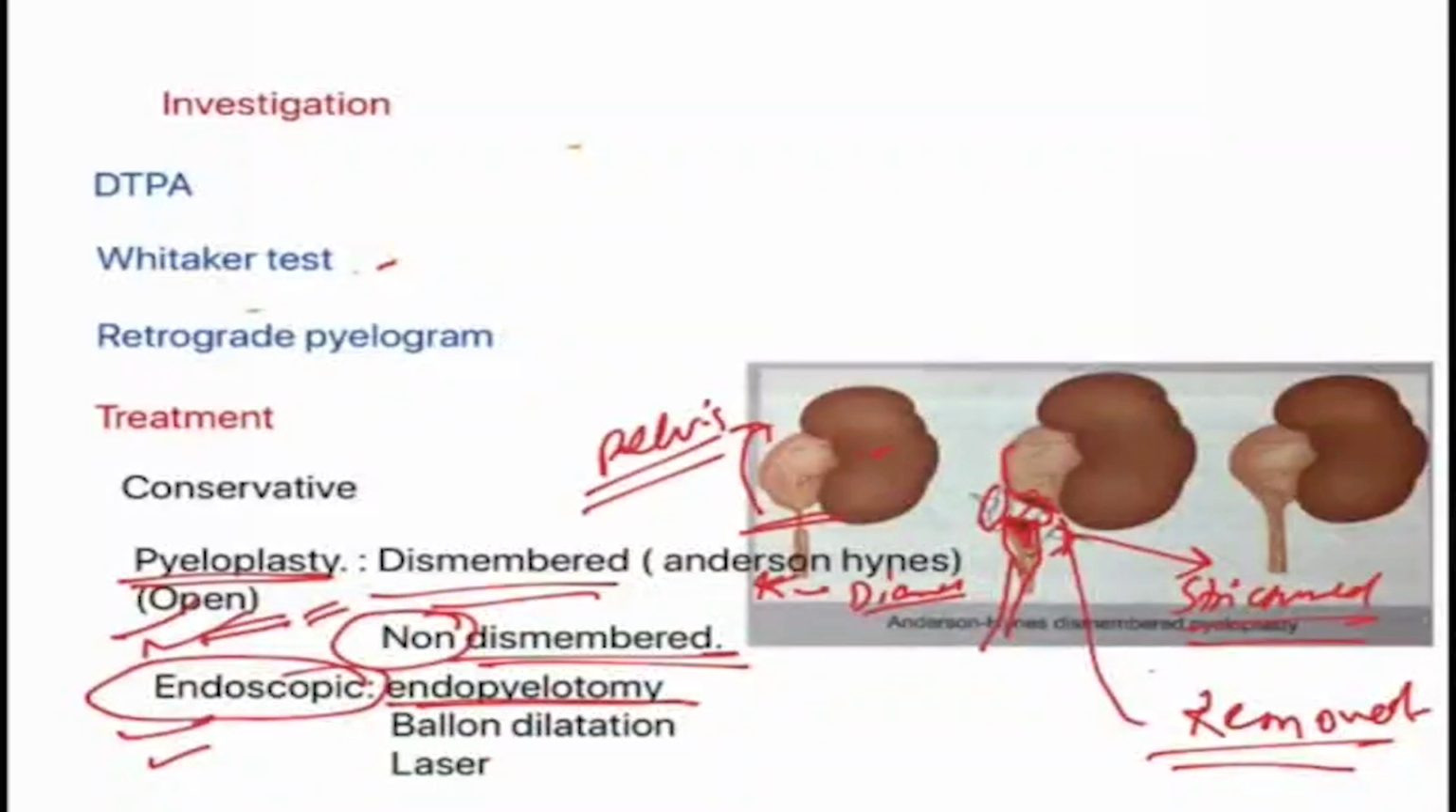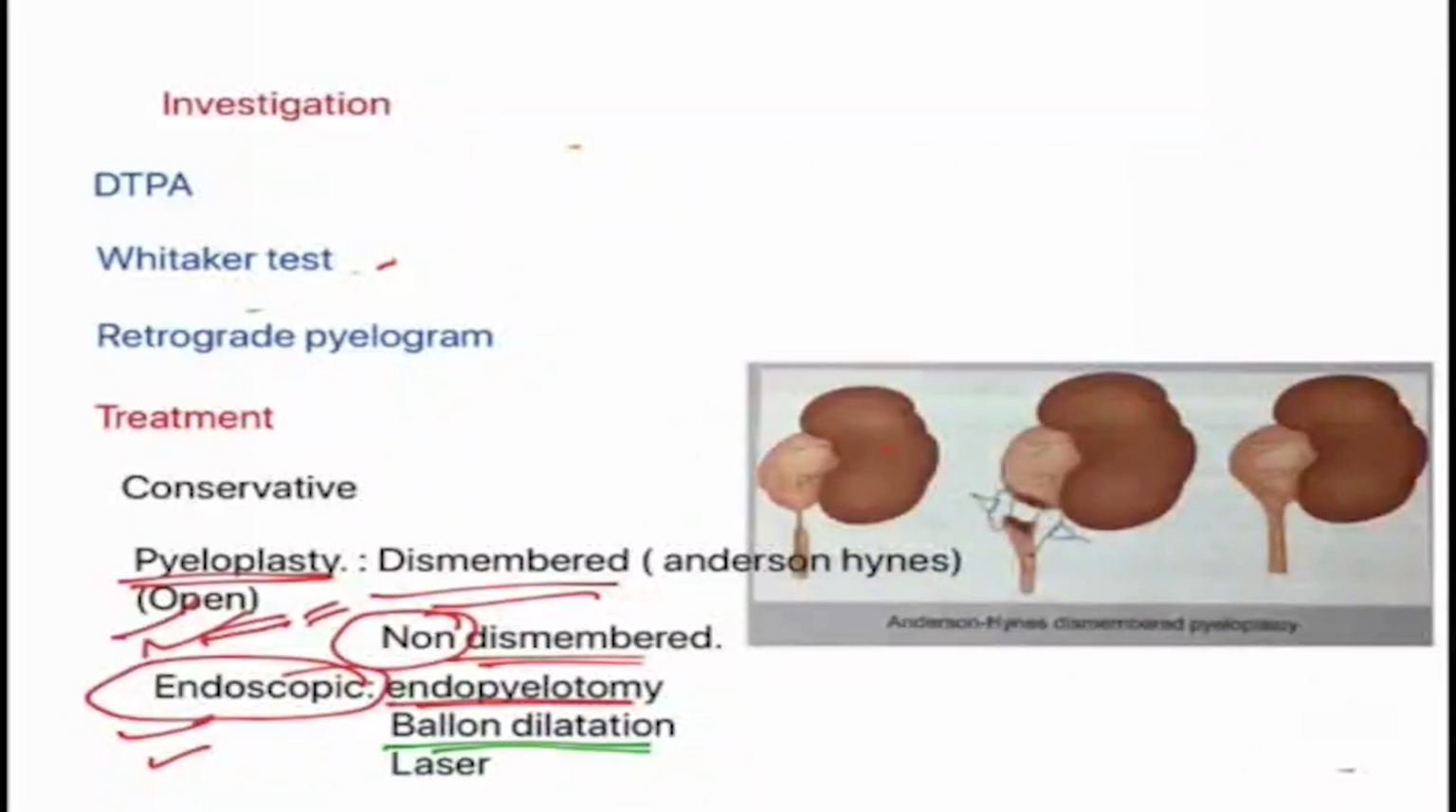Besides the open method of pyeloplasty, endoscopic methods can also be done, which are endopyelotomy, in which the ureter is reached endoscopically and an incision is given in the strictured region, which is called endopyelotomy. Then balloon dilatation, in which a balloon is inserted and deflated at the